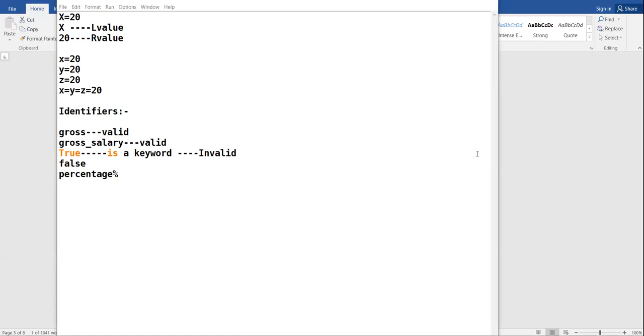Am I audible, Gurjot? Yes, sir. Tell me, is it valid or not? Sir, percentage, with the percent symbol written, probably invalid. It is invalid. Special symbols are not allowed. Yes sir. Special symbols are not allowed in the identifier name. Okay. All right.